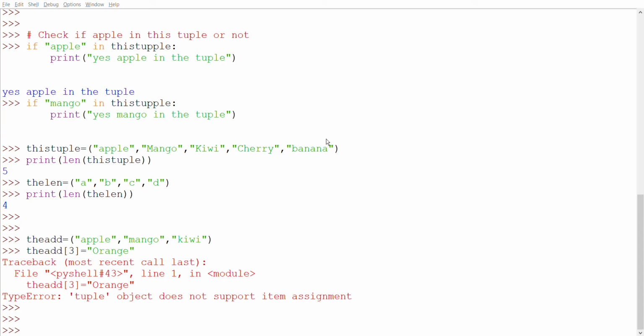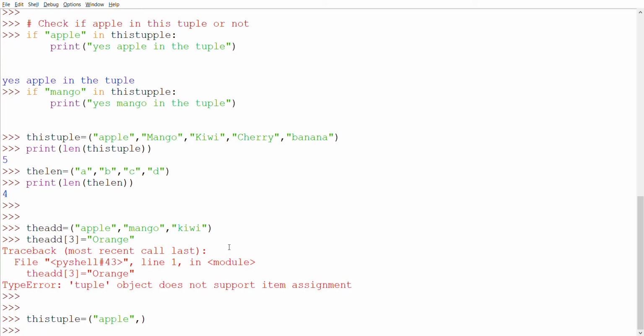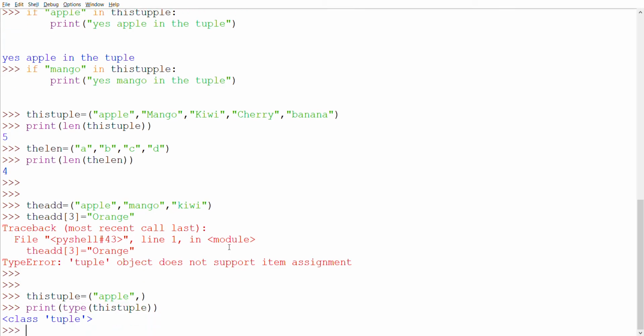Now we are going to show how to create a tuple with one item. To create a tuple with one item, you have to add a comma after the item. Otherwise, Python will not recognize it as a tuple. Let's go with an example. This tuple is apple, and we have to use a comma here. Now if you print the type of this tuple, it will be tuple.